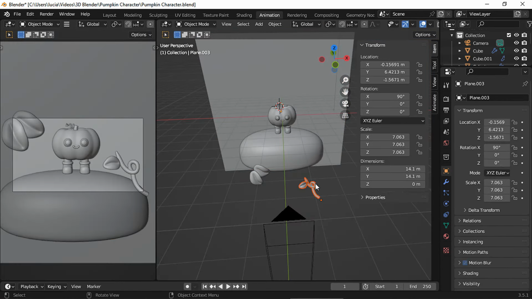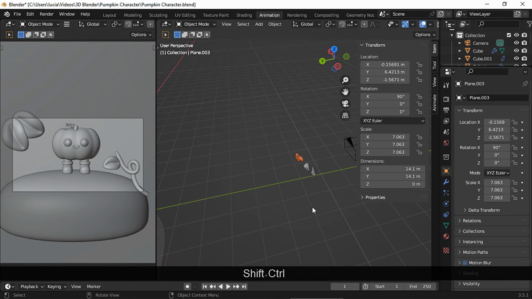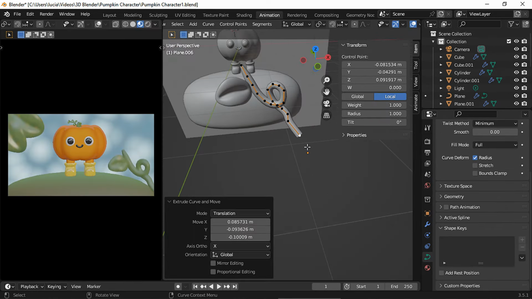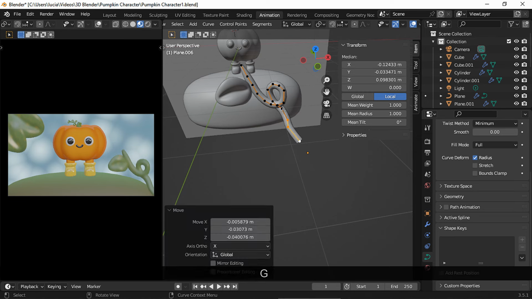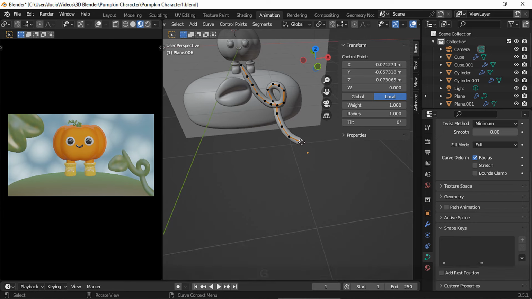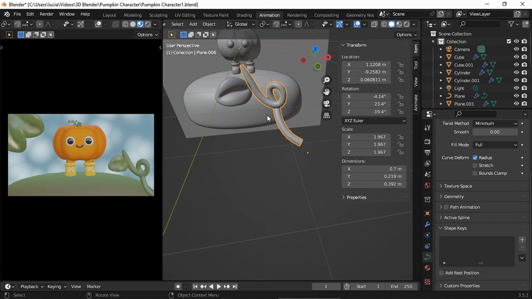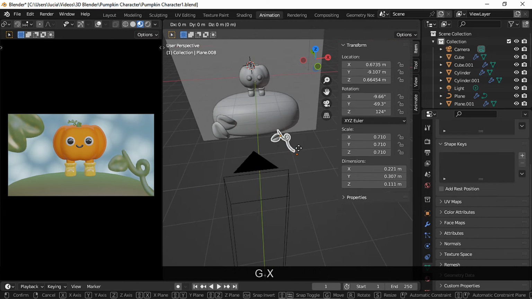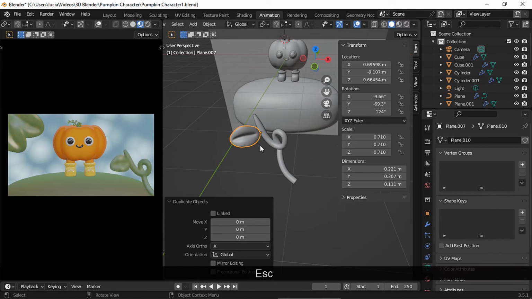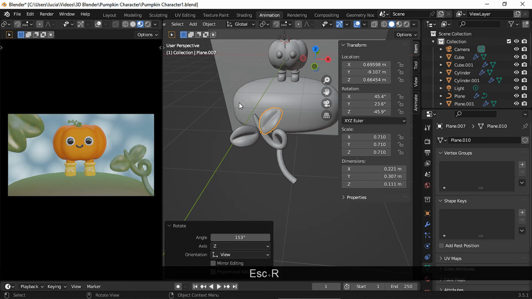And then for this branch with these leaves, first I duplicated the vine and 1 leaf from the pumpkin and I placed them closer to the camera. I made some changes to the branch in edit mode so it wasn't so obvious it was the vine from the pumpkin. I duplicated the leaf and I placed it on the opposite side.